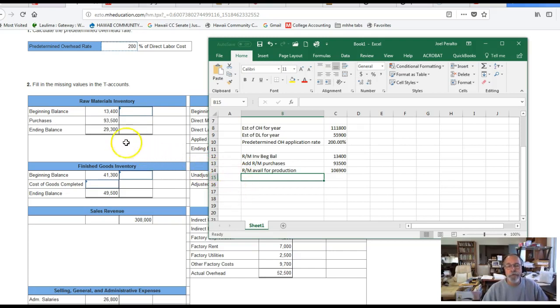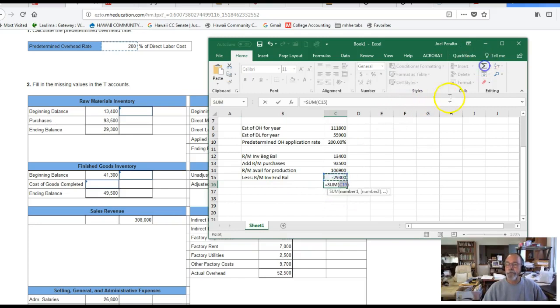And so the way we do that with the information given is to subtract the raw material inventory ending balance. And so we show that as a minus 29.3, and that should give us, if we calculate that total first of all,